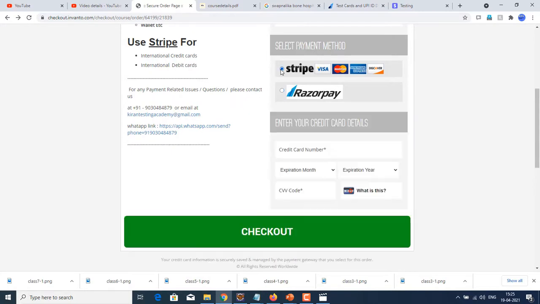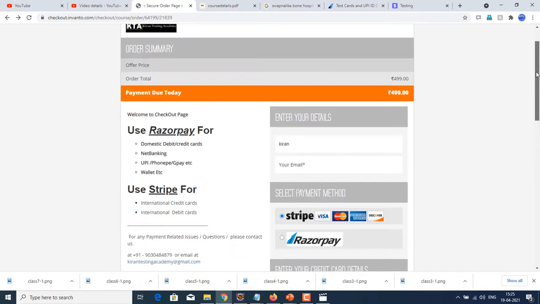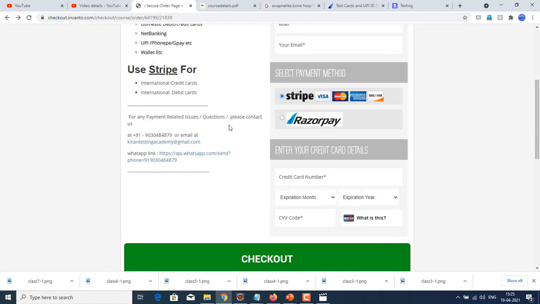If you are using Stripe, then straight away it will ask you for the card details. You can enter the card details and click on checkout. Once after successful checkout is done, you're going to get a welcome message. Okay, so I'll show you how the checkout process happens.